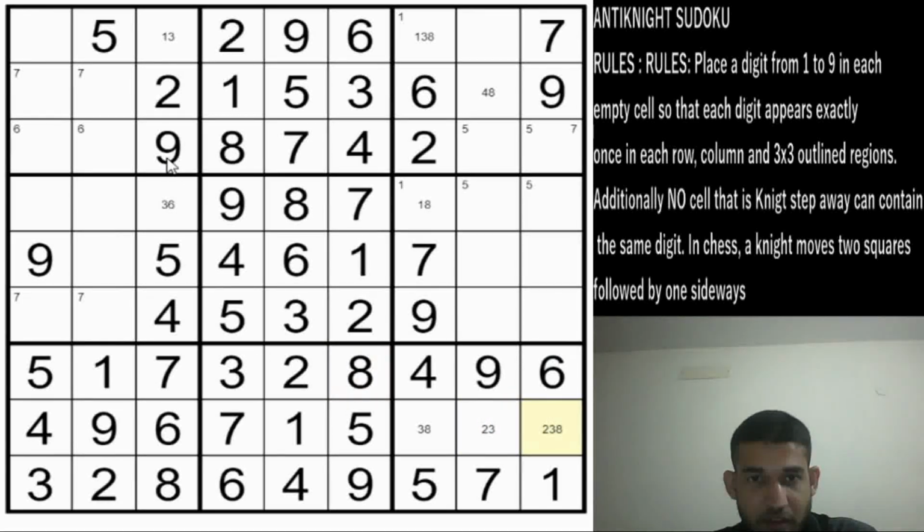And column 3 can be filled now. This is a 3, because 6 is in that column, and this will be a 1. So 1 can be removed from this cell. Now we have a 3, 8 pair in column 7, so this will be a 1. And because 4 and 5 are in box 4, 4 and 5 can only be